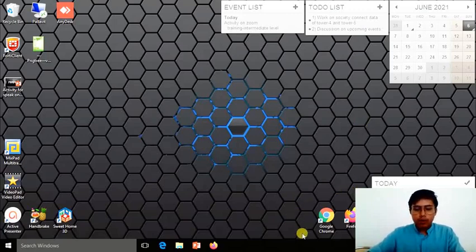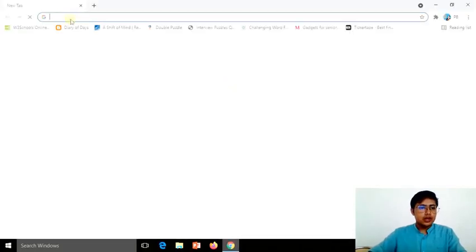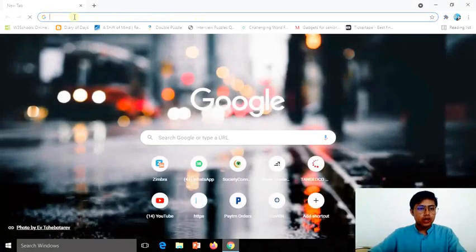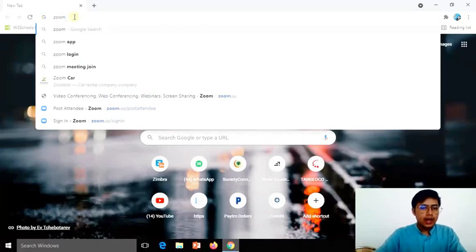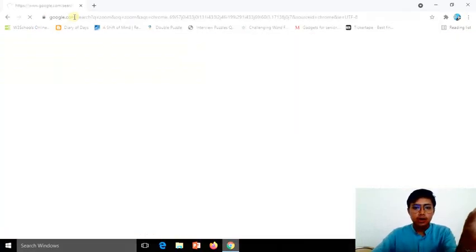Now, first of all, you have to locate an internet browser in your mobile phone. Like I am using Google Chrome, Firefox, like that. So you open that software. Then this is your address bar. Okay, so here you have to type Zoom and the remaining part I am deleting. In my case it is saved as zoom.us, but in case you are searching for it for the first time, it might not give you that option of .us. So simply I have typed here Zoom and I click on enter.